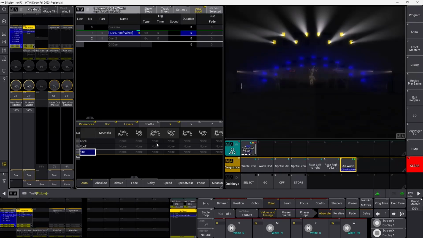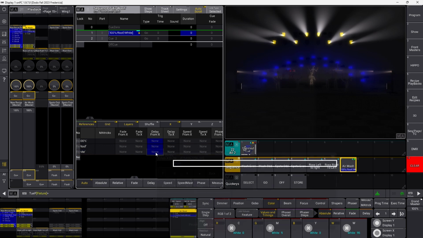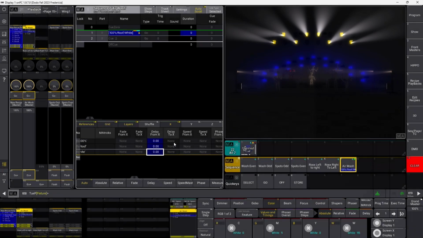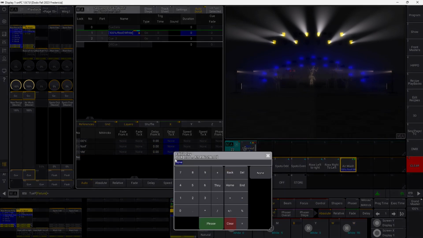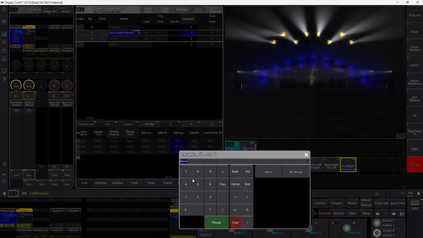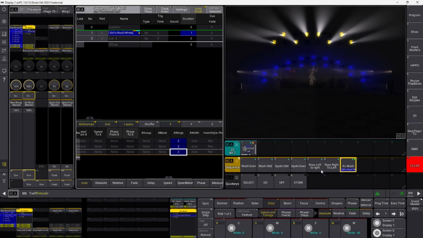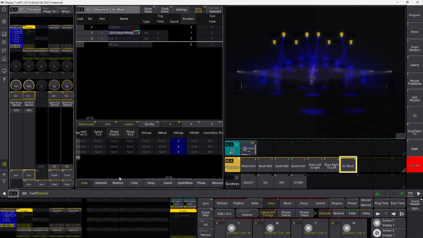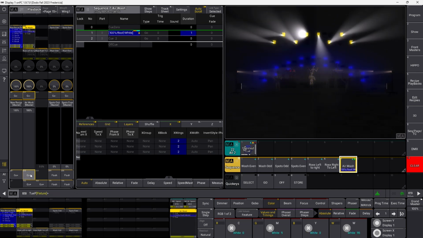But we need to split the timing a little bit to make it a little bit more interesting. So we go into delay from X, we set the delay from time to 0, and the to time, let's just put it into a second, and we can go in and give it a wing of 2. So let's see how that looks if we off this sequence here and we push it. They go up into the air in white, and now we need them to release again,